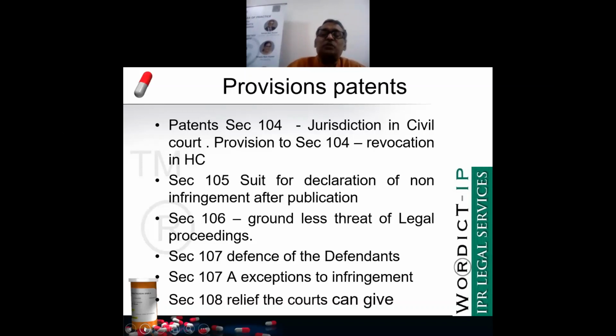So suppose bulk drug is used, one of the bulk drugs is vildagliptin, which is used in tablets for sugar, BP, and all that. So there, what happens is, let us say vildagliptin had patent till 2019, it expired in December 2019. But before that, a plethora of suits were filed across India against various bulk drug manufacturers saying they are manufacturing vildagliptin and there is an infringement happening. Now, the exception for that is if you read 107A,